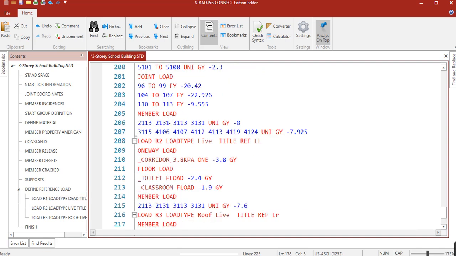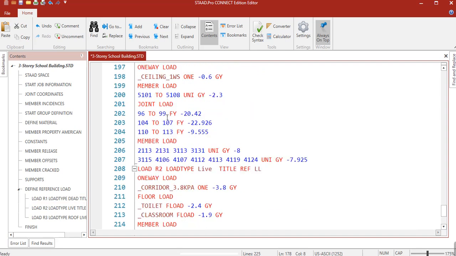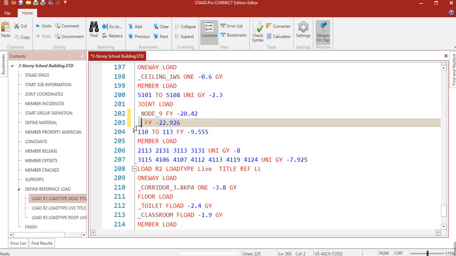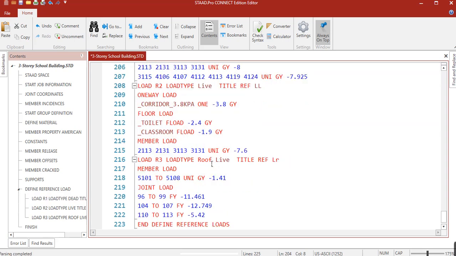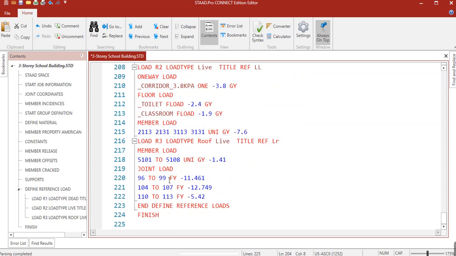Also here, instead of nodes, we can just input node 9, here node 17, and this is node 1.